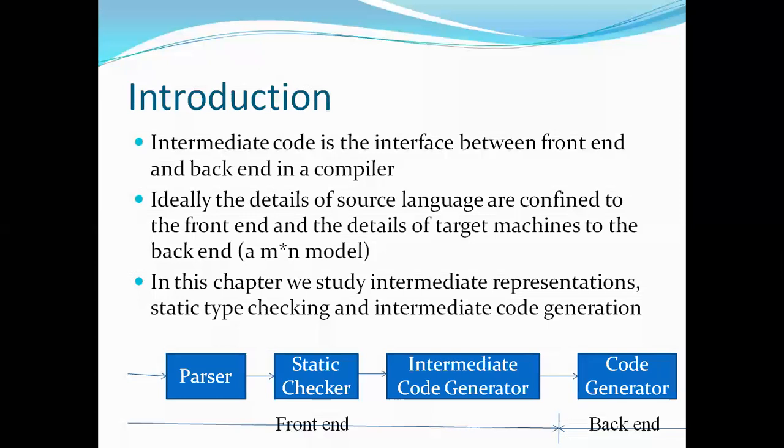In between, we have another phase. What is that phase? Code optimization, right? From code optimization onwards, it comes under the backend, and from the lexical parser and static checker up to there, it is the front end. The intermediate code acts as a mediator between the front end and the back end. That's the introduction, and that's the role of the intermediate code generator, knowing the most important three benefits of code generators.